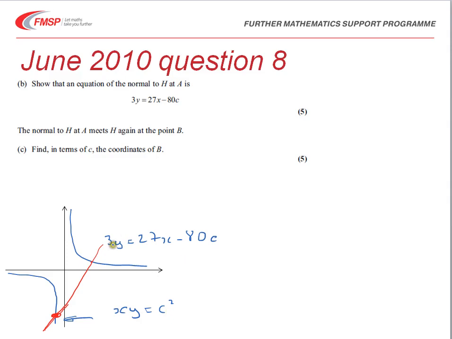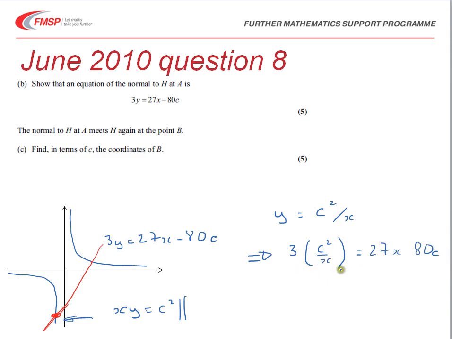Well, there are different methods of doing that, but one way is from the second equation to show that y is equal to c squared over x. So we can then substitute that into the equation of the normal, so that 3 times c squared over x is equal to 27x minus 80c,